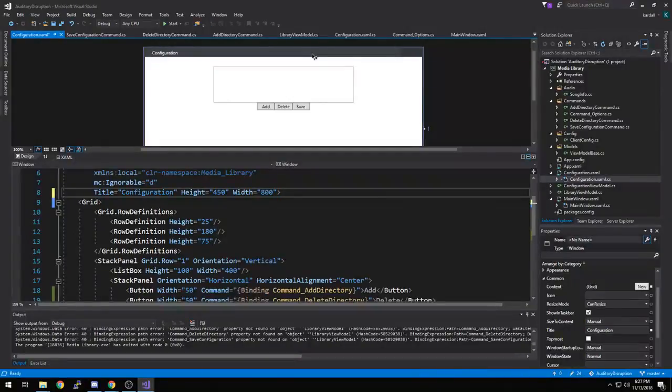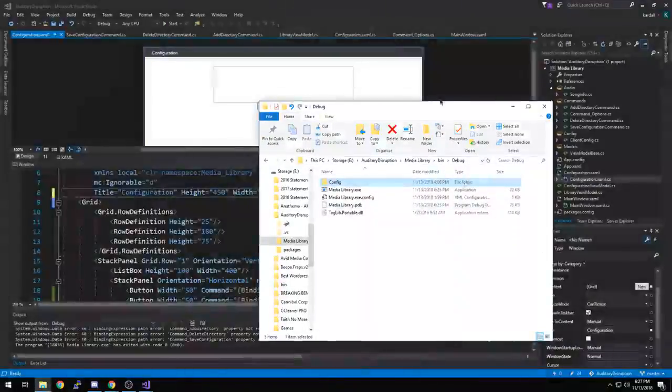I passed a data context to the window before. Where did I do that? I did that in